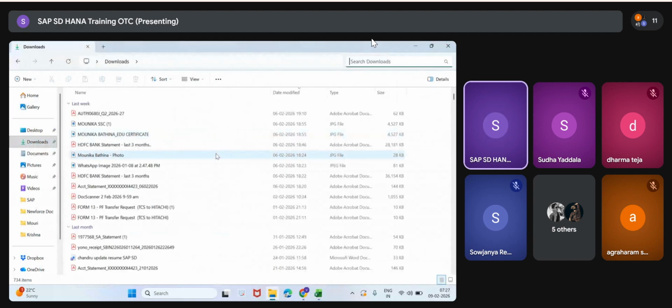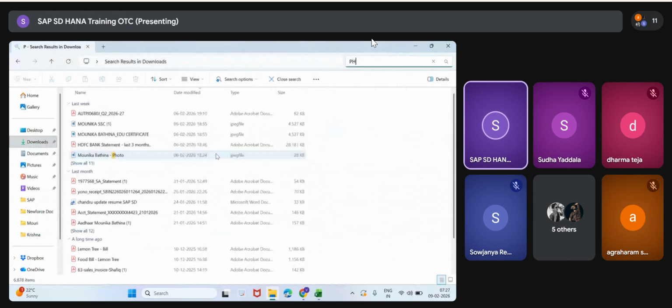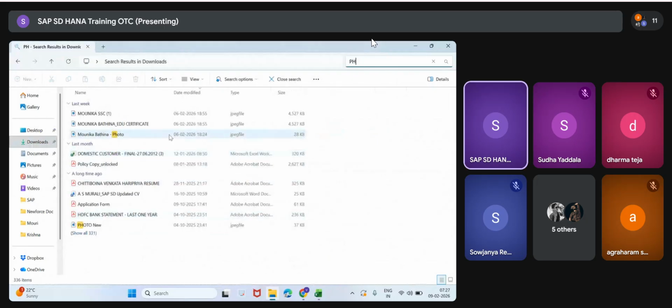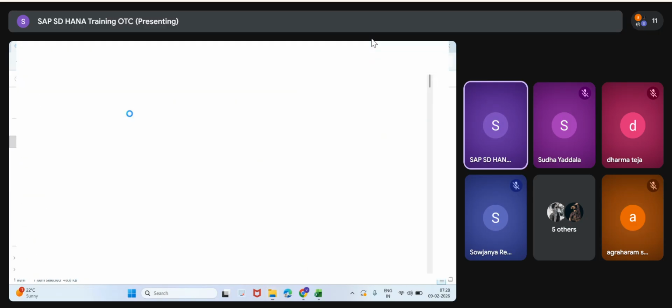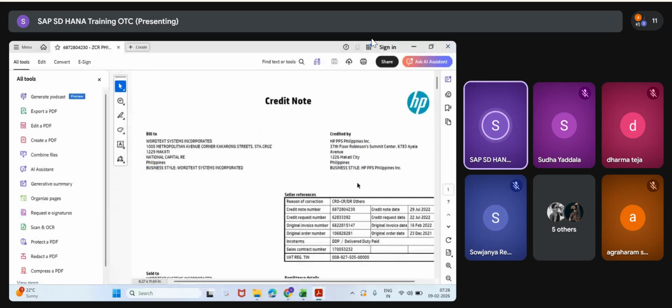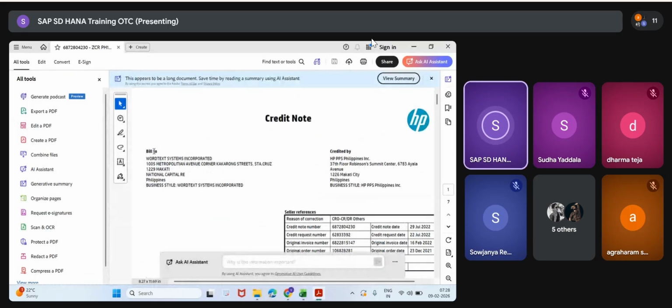See, yesterday also I showed, right? PH11. This way, CR, create memo. This is the CR number. See, Philippines. Take note, they have created a bill-to party. Someone is located in the Philippines. See, all the tech systems incorporated.